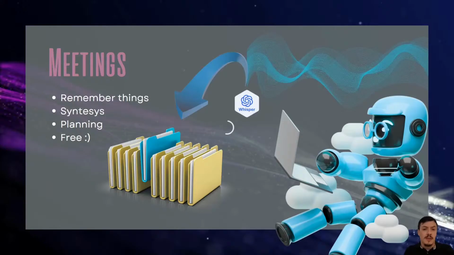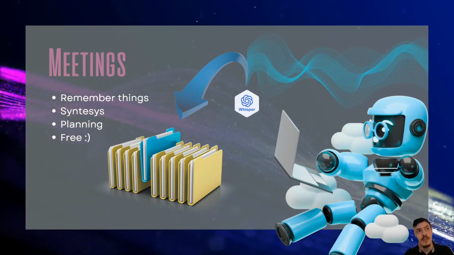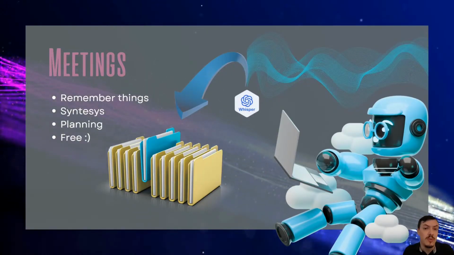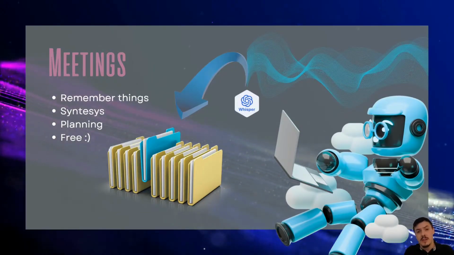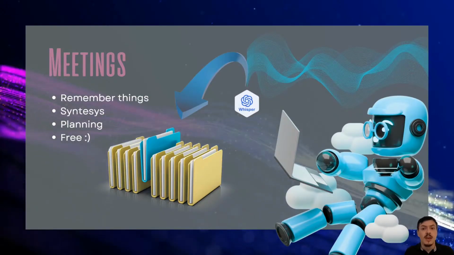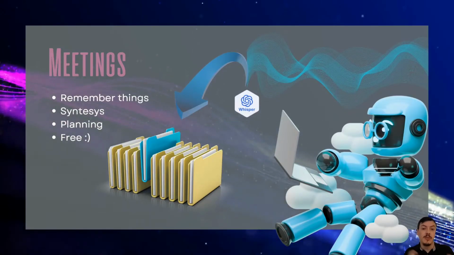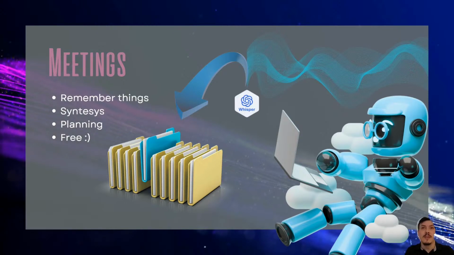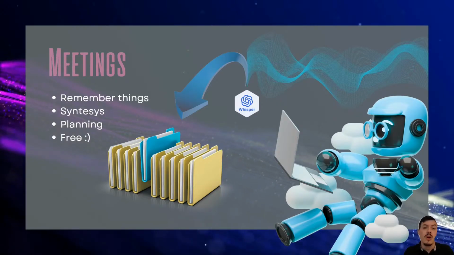And another thing that we use a lot is summarizing meetings. I know there are a lot of tools, even Google Meet can do this for you. So you will not necessarily need this tool, but I bring you this tool, Whisper from OpenAI, because it is free and very simple to use. And of course, you keep all the information local. You don't have to put all the recordings of your meetings inside an external API or an external tool or an external